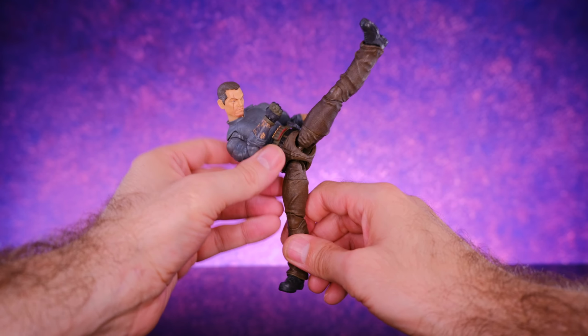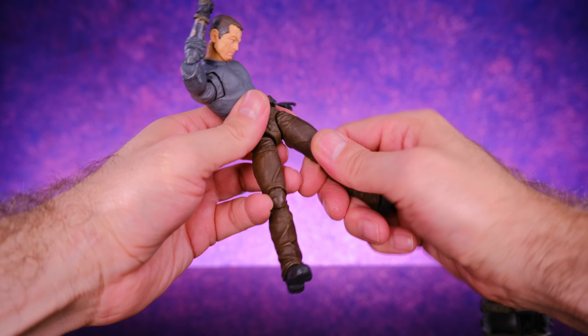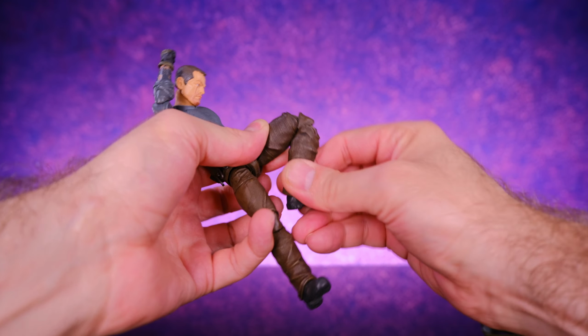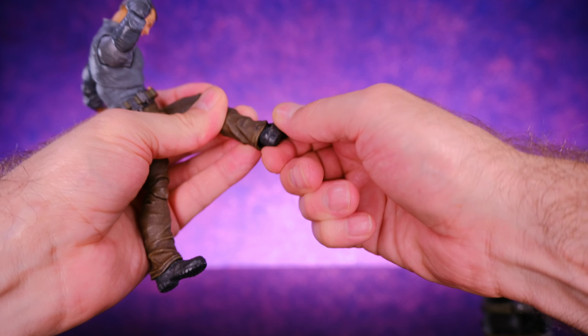That way he could kick like a tall-ass monster, Frankenstein if he needs to. Bam. And then he does have upper thigh swivel. Double jointed pinless knees. And then for the foot, I feel like it should rotate side to side, but it's